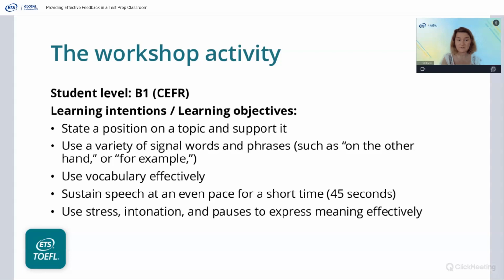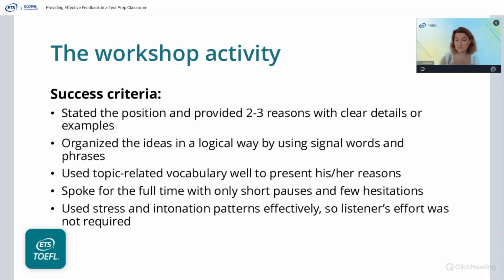So these are the learning objectives, these are the learning goals, but we will also look at specific success criteria for this task. So again, you may